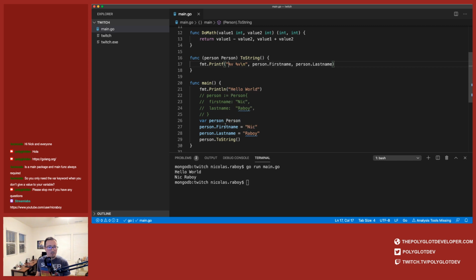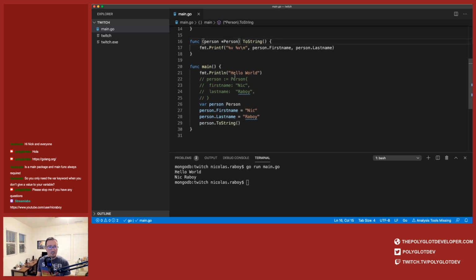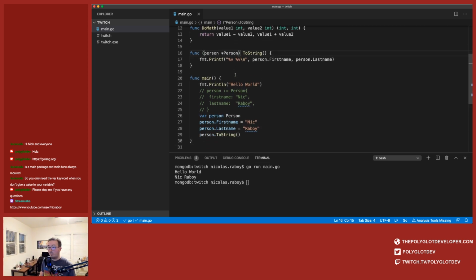But let's say, for example, I wanted to change this. I think this is valid, potentially. What's happening here, at least what I think is happening, because I'm so bad at pointers and I just cross my fingers every time I try to use them, is that instead of passing the value, I'm working with a pointer, the reference to this particular variable.